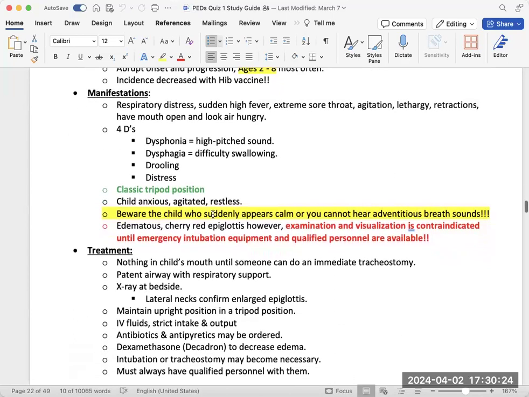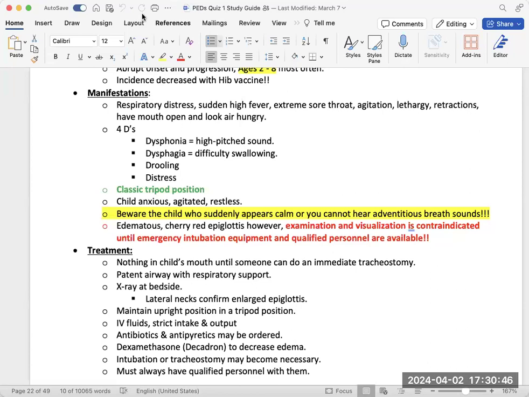airway obstruction. So what kind of symptoms do they have? Well, they're going to have respiratory distress. They're going to have a sudden high fever, an extreme sore throat, agitation, lethargy. They're going to use retractions. They're going to have their mouth open. They're going to be looking like they're air hungry. They're going to just keep sitting there with their mouth open, trying to get air in, but it's really hard